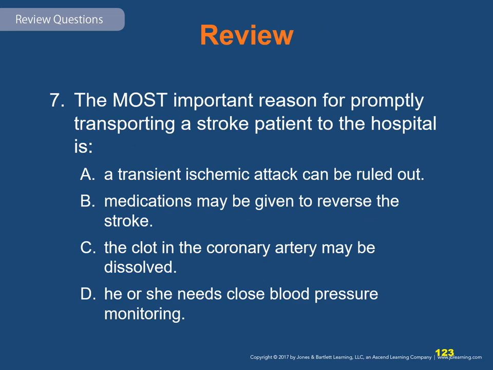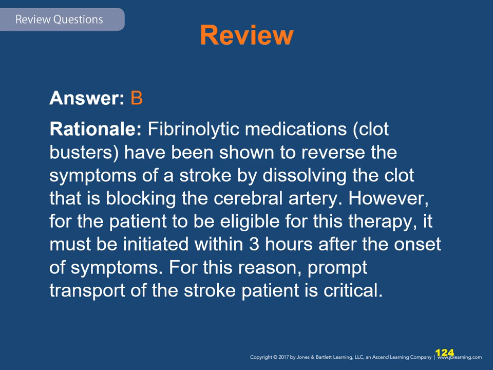Question 7. The most important reason for promptly transporting a stroke patient to the hospital is A, a transient ischemic attack that can be ruled out. B, medications may be given to reverse the stroke. C, the clot in the coronary artery may be dissolved. Or D, he or she needs close blood pressure monitoring. Okay, so again, the most important reason for promptly transporting a stroke patient to the hospital. Review these and let's find the correct answer. The answer is B,